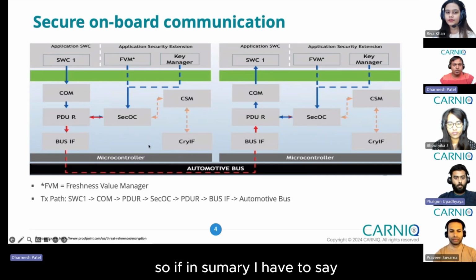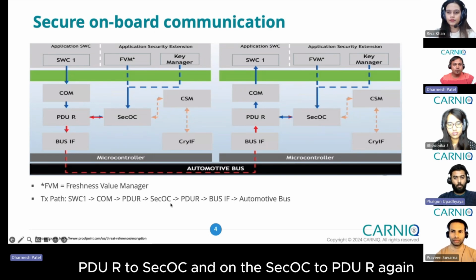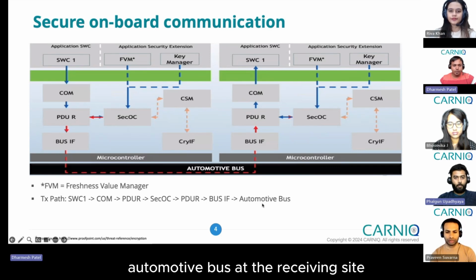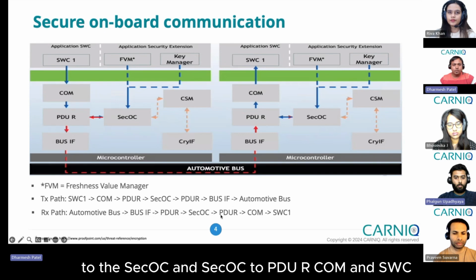So if in summary I have to say, what would be the transmit part? We get the data from the SWC1, then it goes to COM, then routes to the PDUR to SecOC, and from SecOC to PDUR again back, then bus interface and automotive bus. At the receiving side, reverse case. So from the automotive bus, the interface will receive this data, then PDUR to the SecOC, and SecOC to PDUR, COM and